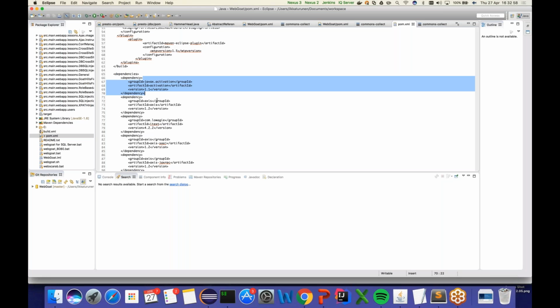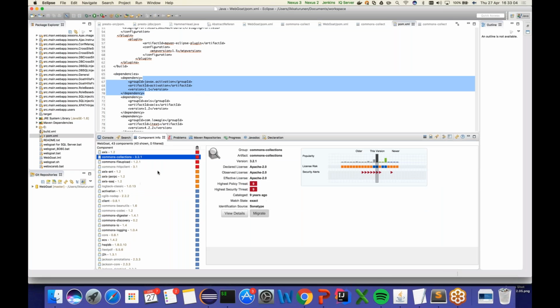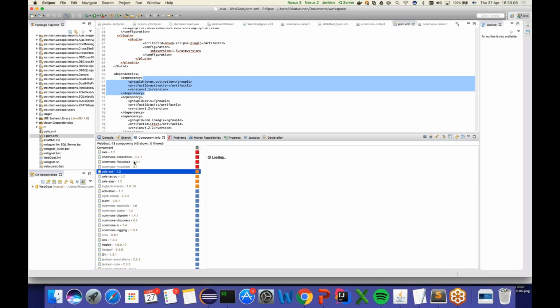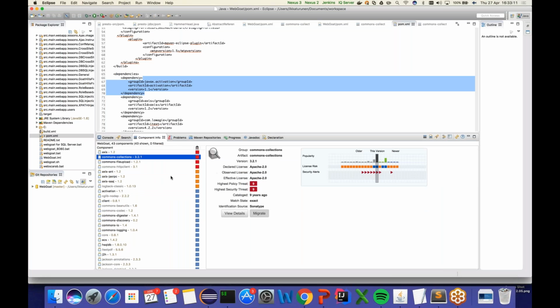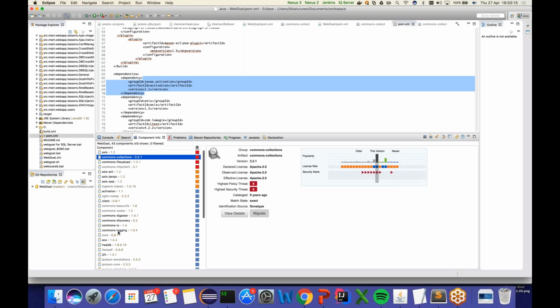Yeah, and I'm just thinking of that picture you showed earlier with the dependencies. That's a long time. So what we do is we have plugins for different IDEs and different parts of the CI/CD pipeline that actually pull out that information for you. So what you can see here is I've got a list of all of my dependencies, including transitives, and